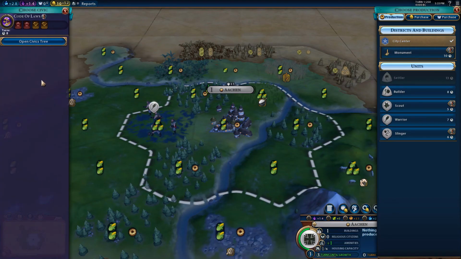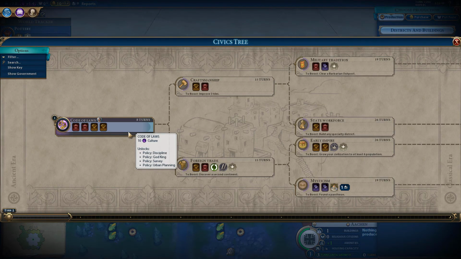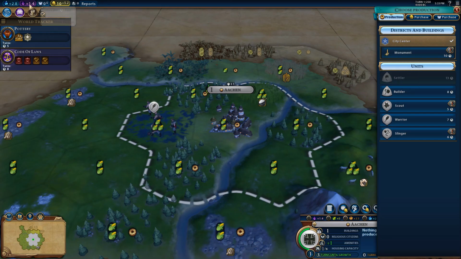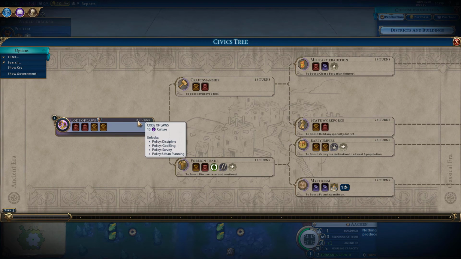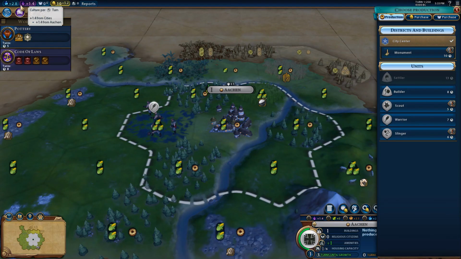Same thing in the civics tree. Open the civics tree. Code of Laws takes 10 culture. And now when we go out here, we're getting 1.4 a turn. 10 divided by 1.4 is just over 7, like 7.1 or 7.2. So how long is this going to take? 8 turns, because it's calculating that just over 7. That 10 divided by 1.4 is 7 point something. So it's going to take that 8th turn to finish it. So that's kind of how the game algorithm is calculating this stuff, and that's how you can know